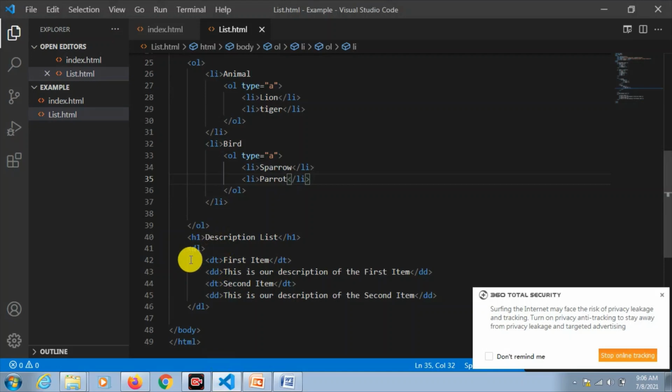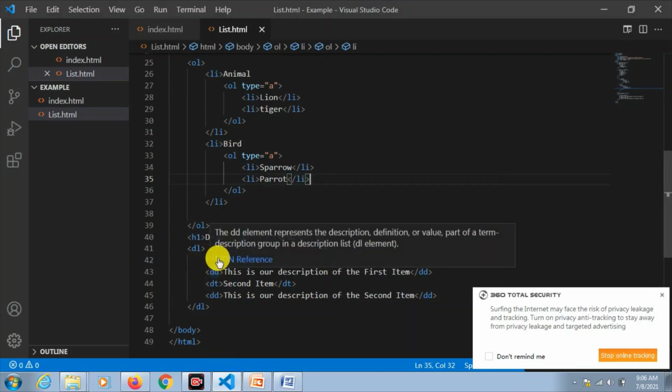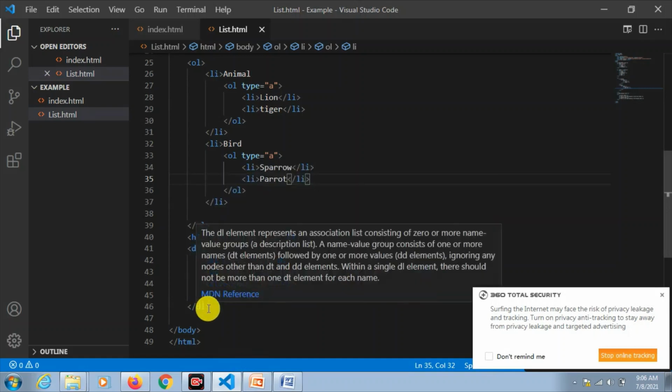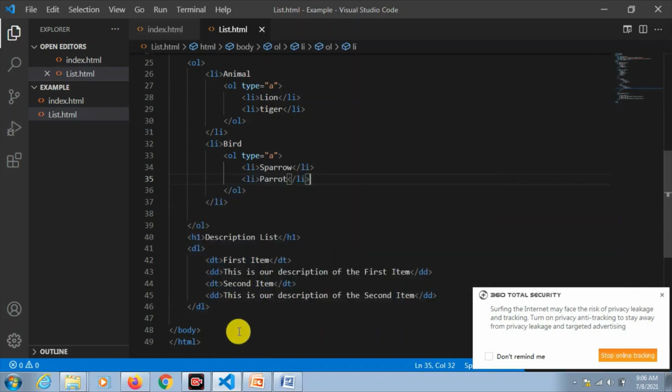These are the tags that you are going to use. One is DL. DL means description list. DT means description terms. And DD means description details. This is the details and this is the term and this is the list. The list has a beginning and an end, and every time you have DT and DD. This is all in the description list.